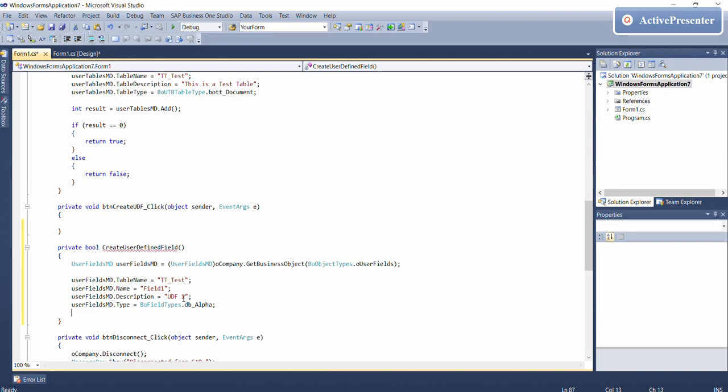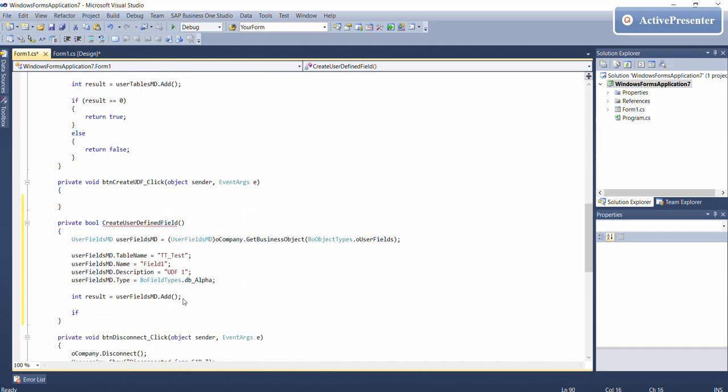Then we're going to add this user-defined field to the table. So as a result, we'll do md.add, and then we're going to do error handling. So if result equals 0, we're going to return true,